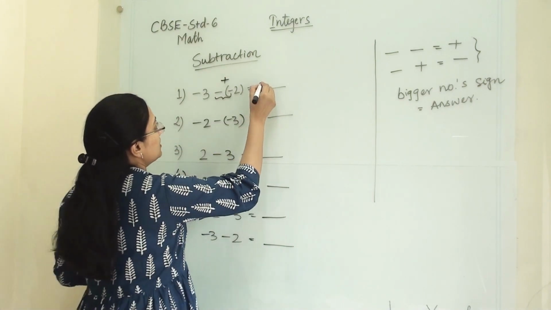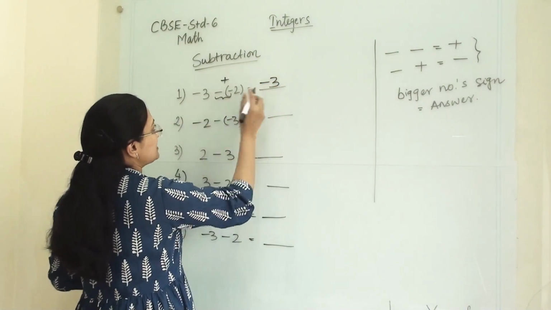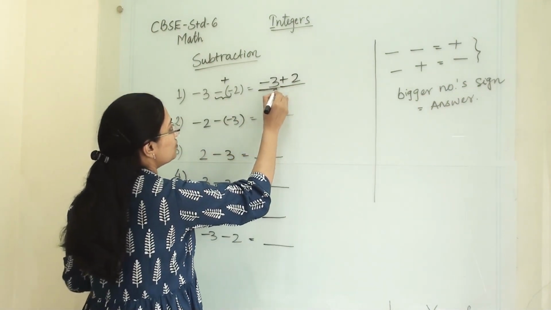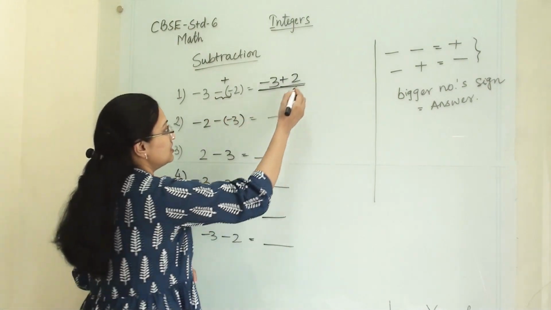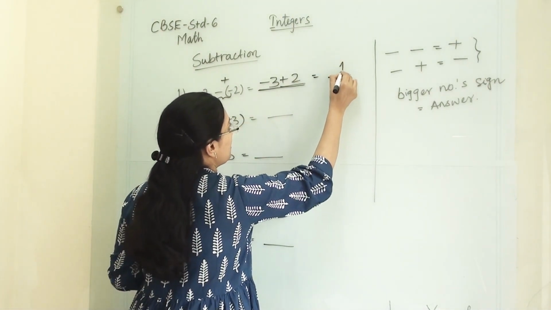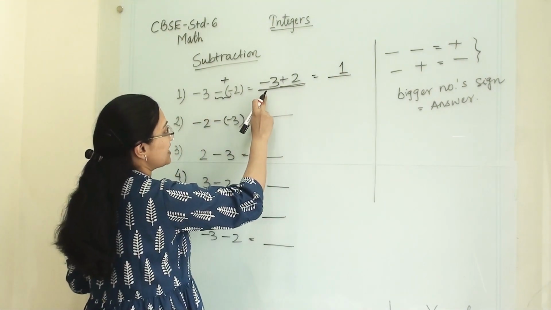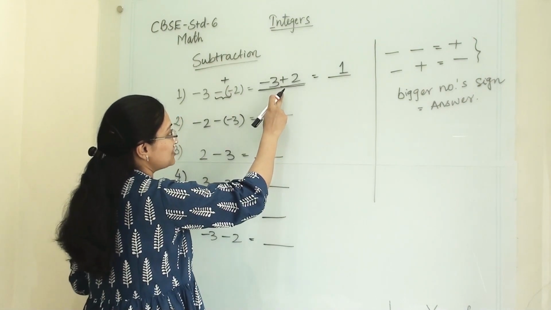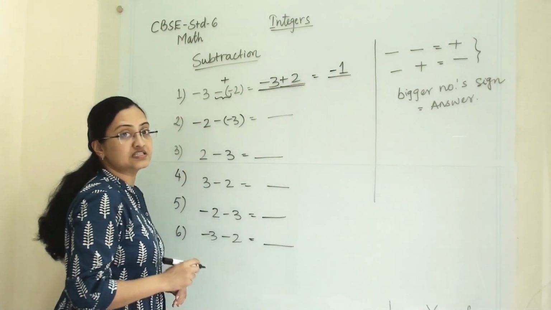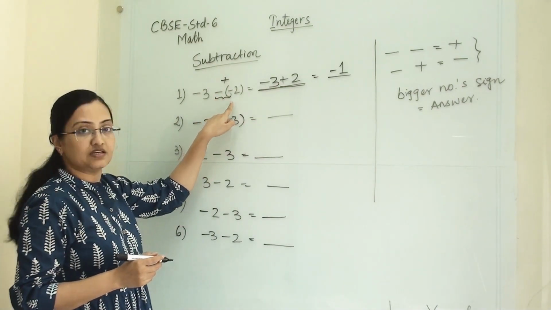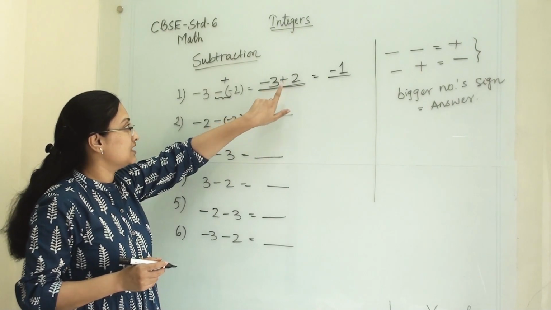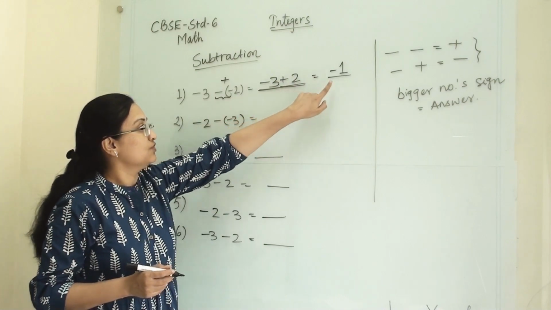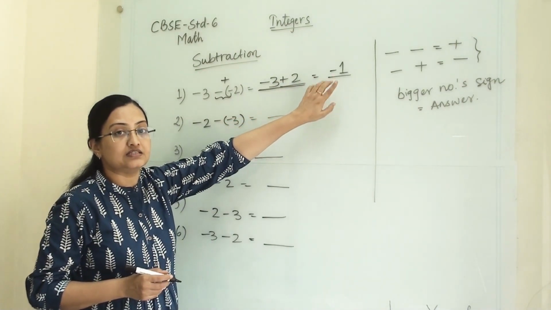So our sum will be something like minus 3 plus 2, and here this minus minus will become plus, so this sign has completely changed. So now our answer is 1. Why 1? Because this minus sign and plus sign, so minus plus will become minus, so here we are going to do subtraction and it will carry bigger number's sign. This minus minus has converted into plus sign, so our sum has become something like this, that is minus 3 plus 2. So the minus 1 answer is the correct one.